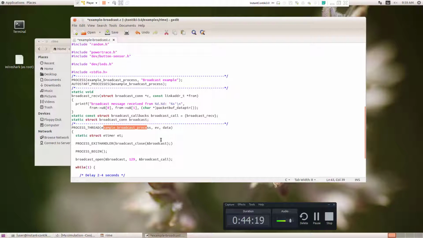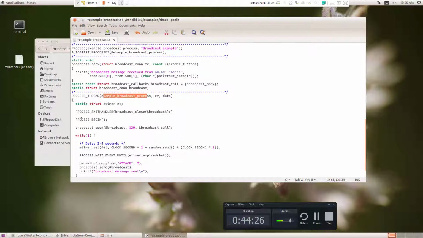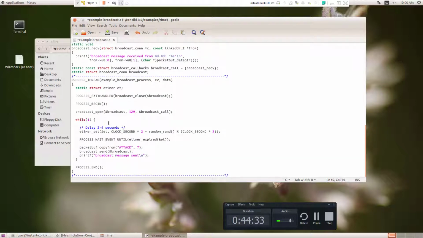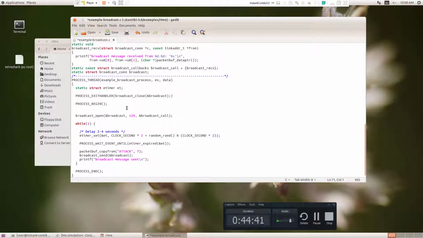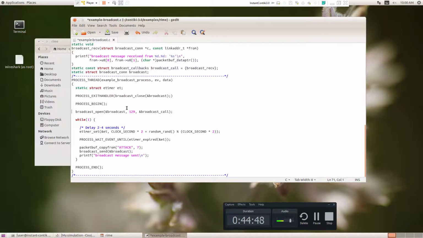Now inside that, I'm going to do some changes. I'm going to include something here. Now you see process begin. Inside the process begin you can see the broadcast. After the process begin I'm going to include a line. We can give it inside the loop also, but I'm just giving it after the loop.